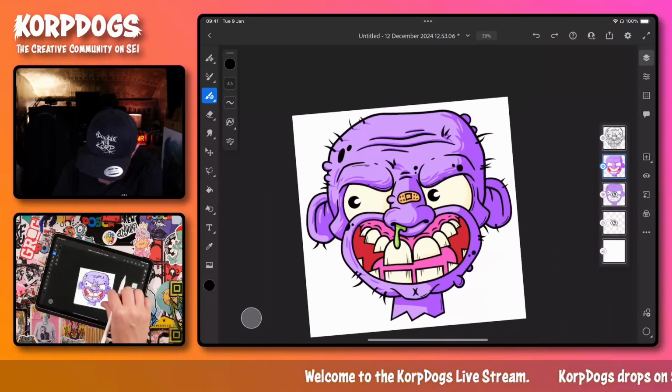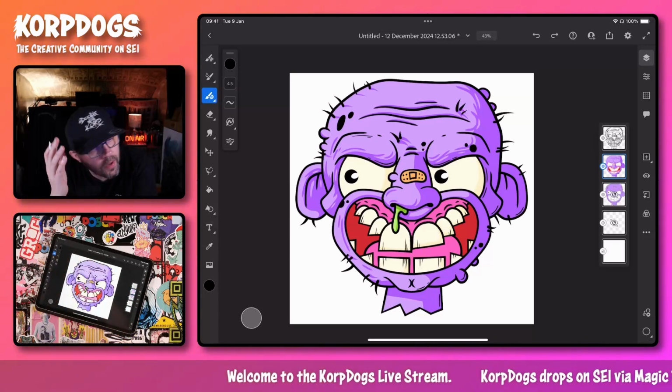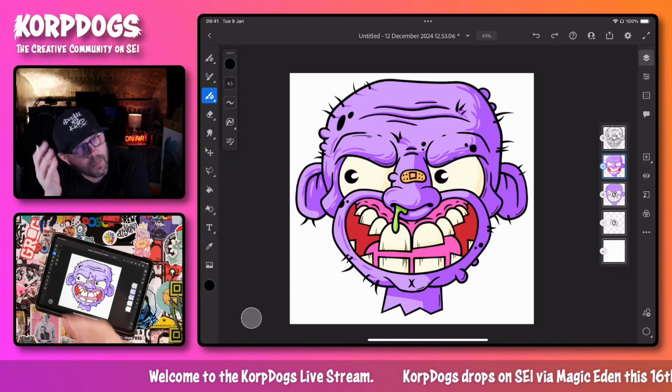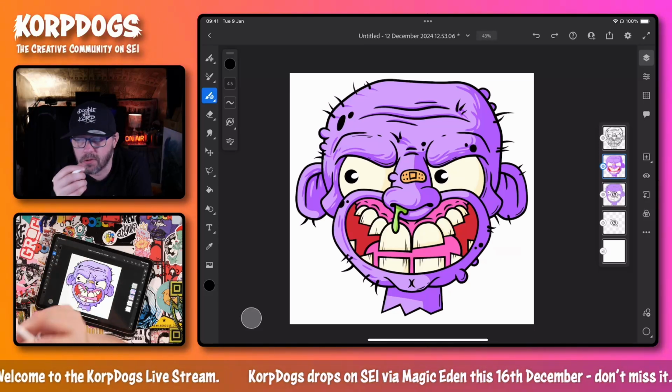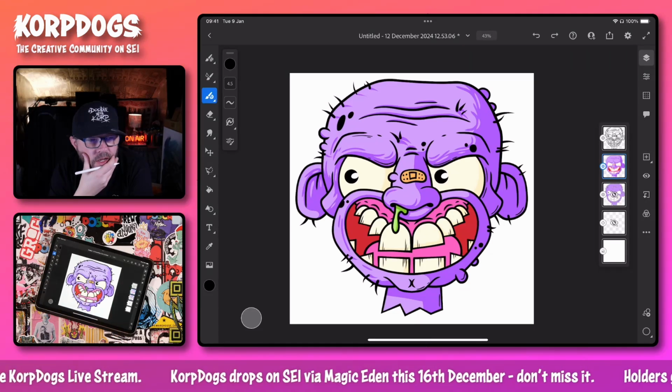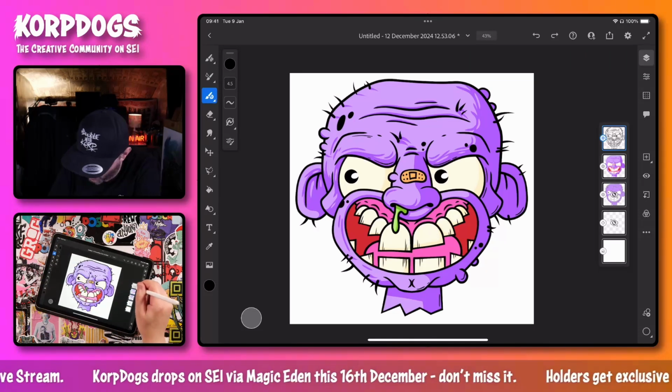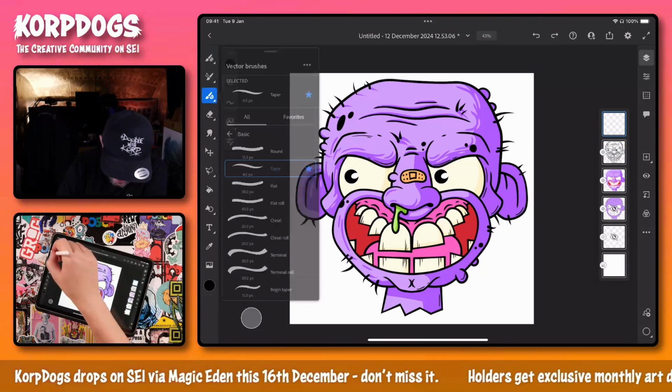Okay, that'll do. Normally when I'm putting in shadows like that, I'd put them in a separate layer so I can adjust the transparency and make the shadow darker or lighter. But I've just gone and coloured it in that way. Normally what I'd do is go for another layer like that,